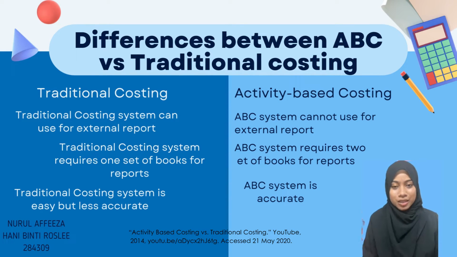The last point is accuracy. You might be wondering at this point why we look at a bunch of negatives, and why would anybody want to implement ABC for their firm. The main driver of doing ABC is simply the fact that it's much more accurate. We're going back to this notion of taking one black and white overhead rate, where we say that overhead is just driven by machine hours, and that's really all we care about when we're costing